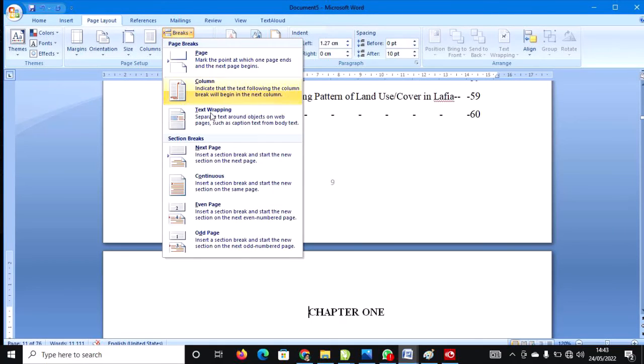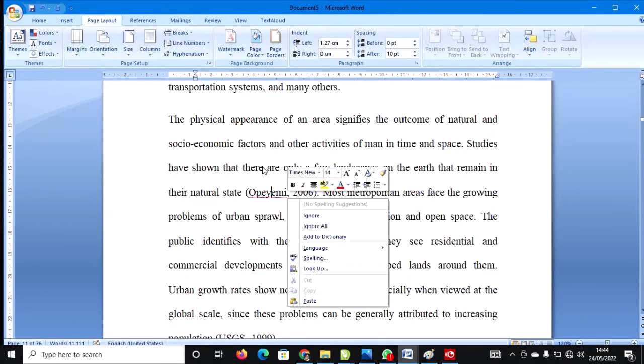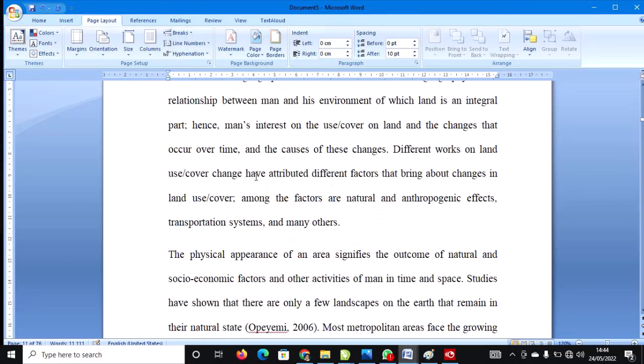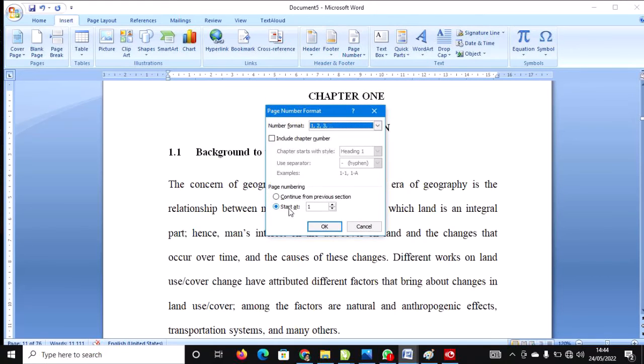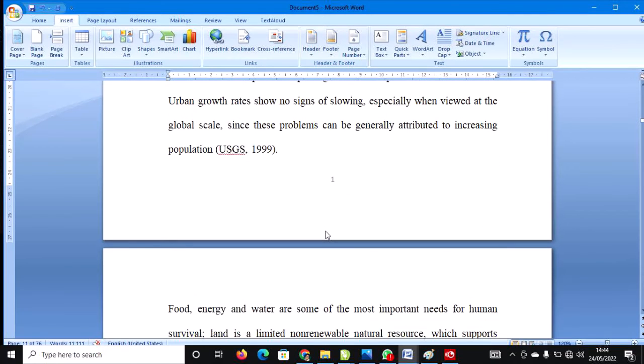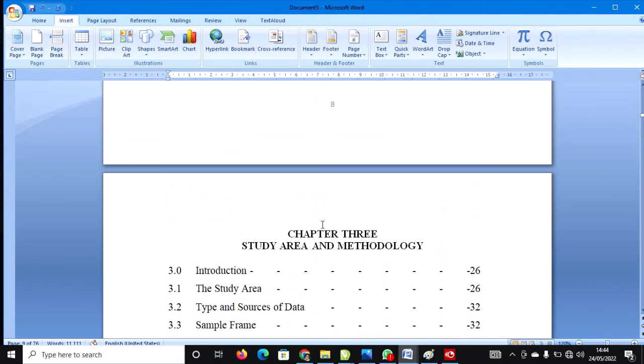So you make sure you break it. You come to page layout, break, come to this, break. It will still maintain, yes, you can see it. Come to insert, page number, format page number, then ask that from this section it will start from 1. So look at it, it is 1. When you come back to this place,